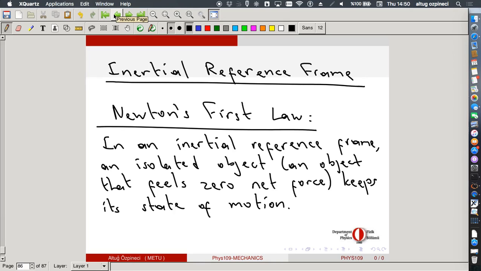Now, of course, Newton didn't just come up with it. The story of the apple falling on Newton and him coming up with a theory of gravity is just not true. The same thing holds here. He made years and years of observation.